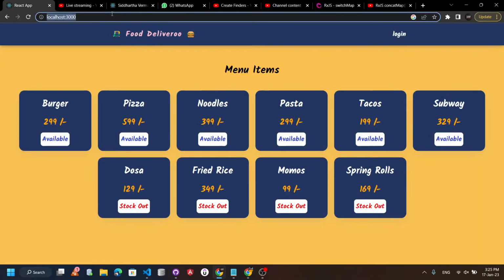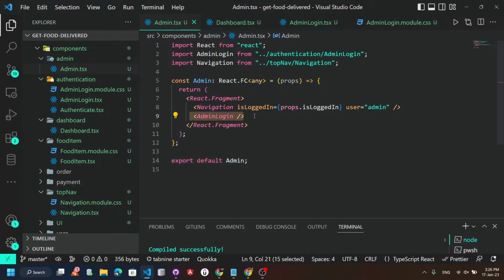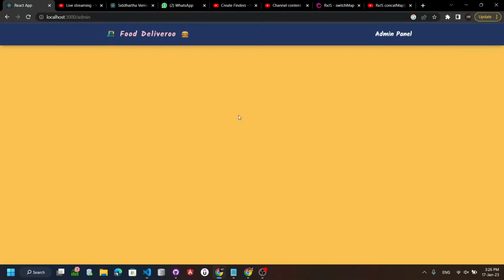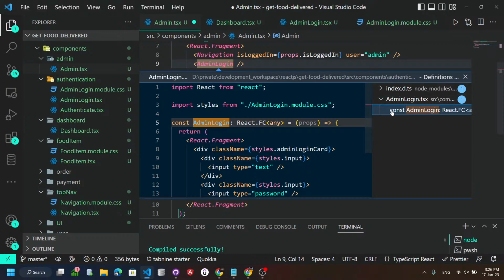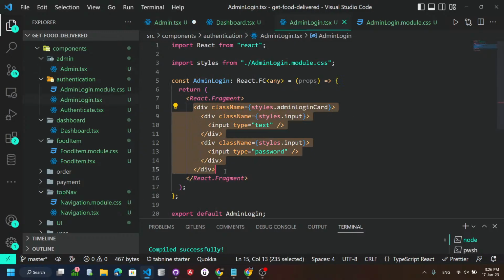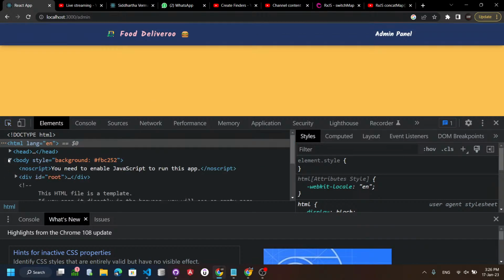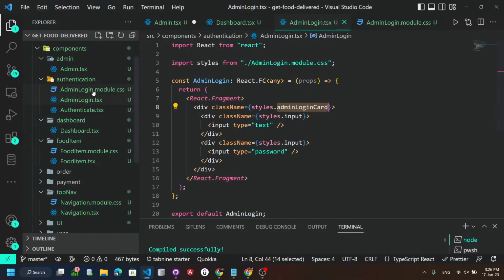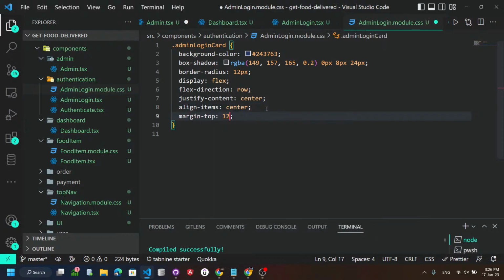अब रही बात हम जब यहाँ पे गए इन एडमिन, तो एडमिन पे जाने के बाद यहाँ पे अभी एडमिन लॉगिन भी मुझे एक्सेस करना है, ओके। तो उसको एक्सेस करने के लिए मैं यहाँ पे इस एडमिन पैनल को यहाँ पे रेंडर करना चाहता हूँ एंड वो मेरा यहाँ से एक इनपुट फील्ड रिटर्न हो रहा है, बट आई एम नॉट एबल टू सी दैट थिंग, ओके। तो मैं एडमिन लॉगिन कार्ड में जाता हूँ, लेट मी जस्ट गो इनटू दिस, और ये जो मेरा एडमिन लॉगिन कार्ड है तो मैं मार्जिन टॉप से 120 पिक्सल्स लूंगा।